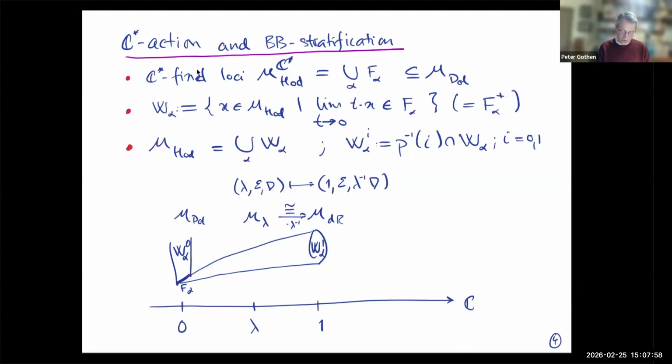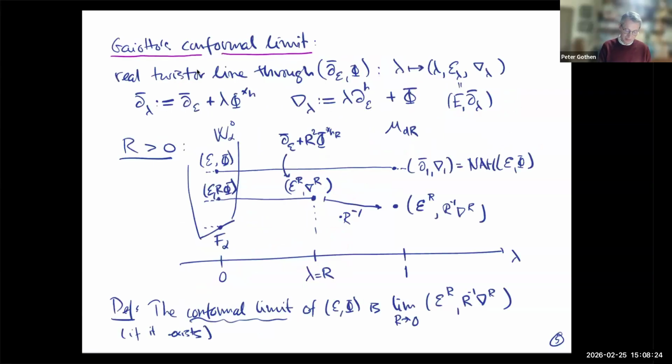And I'll just introduce this notation because I need it later, that W alpha 0 is the stable manifold of this fixed locus in the Higgs moduli space. And this is the piece of the stable manifold, so the downward flow, the upward flow of this fixed point in the moduli space of lambda connections, that actually lies here in the phi over 1, which is just the moduli space of flat connections, the de Rham moduli space. Okay, so I've set up everything I need to explain to you what is the conformal limit.